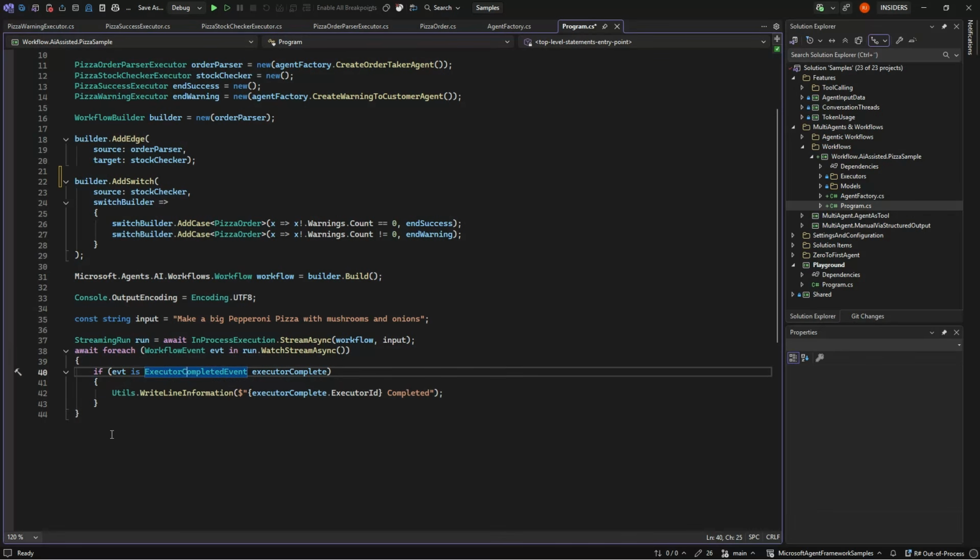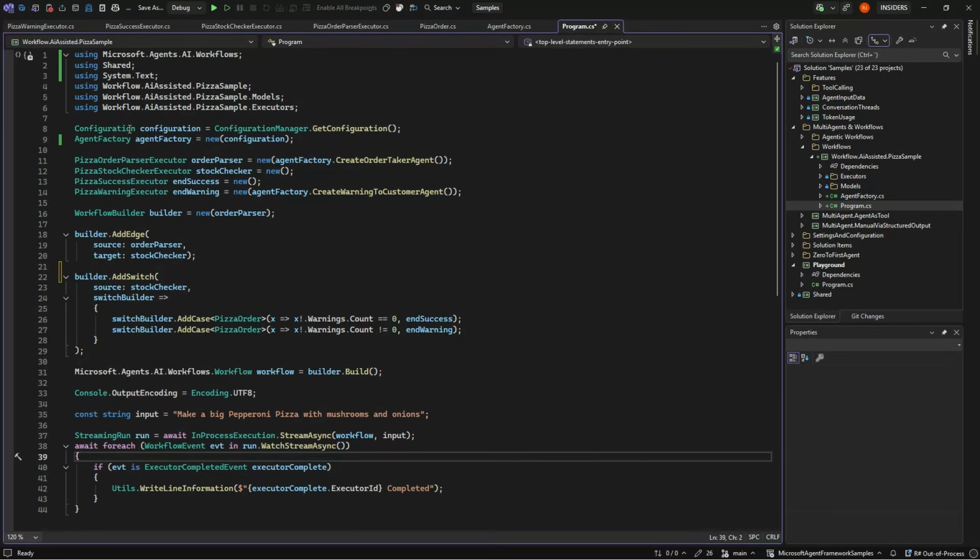So for example, this is every time an executor is done, but it could also be every time an executor starts, every time the workflow starts, and there can be groups inside workflows called super steps. But for now, we are just gonna check every time something ends. We will just write it out as completed, the executors by themselves take care of the rest.